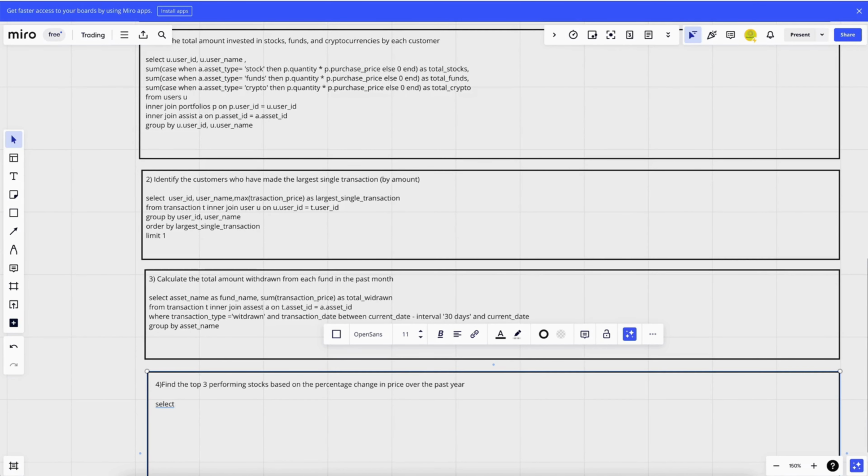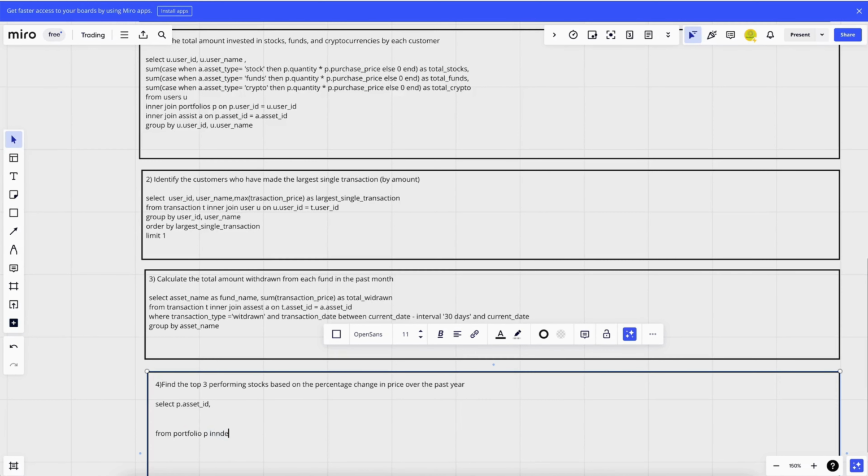Which asset ID? I'll start with the portfolio asset ID. Let me put the from tables here, so it's easy to know exactly what columns we are trying to use. That will be from portfolio P,